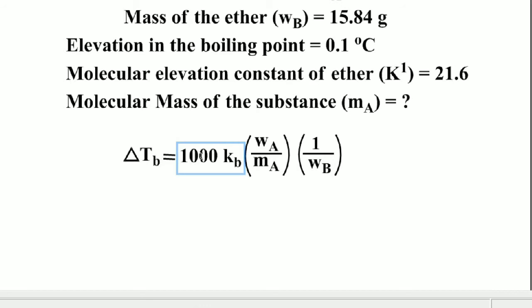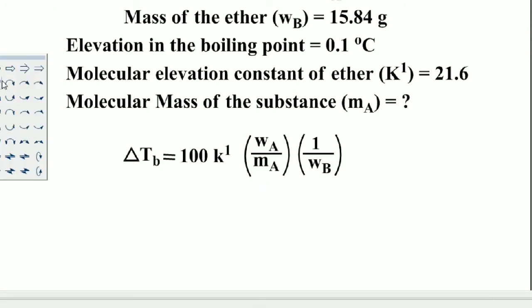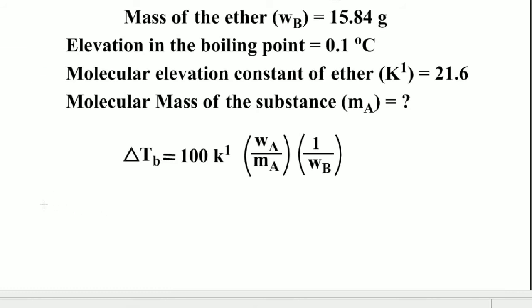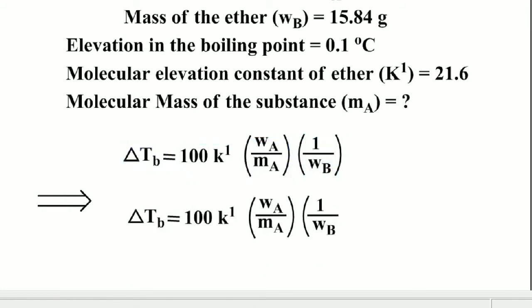So in case of molecular elevation constant, the formula for elevation in the boiling point is delta TB equals 100 into K dash into WA by MA into 1 by WB. From this equation we should calculate the molecular mass of the substance, that is MA. Therefore students, we can write the above equation like this: MA is equal to...